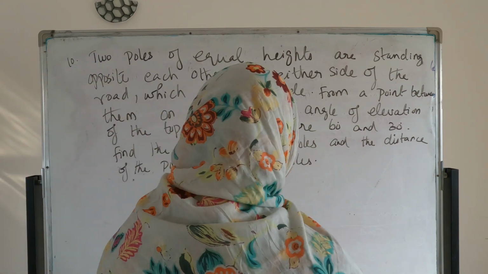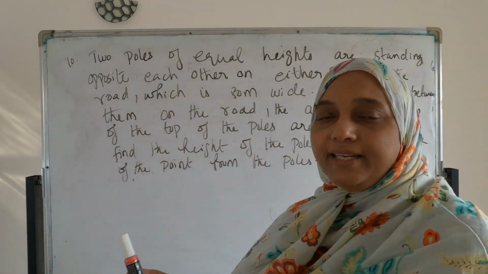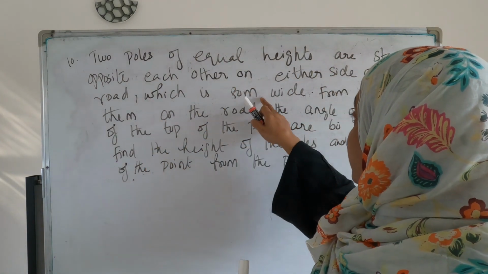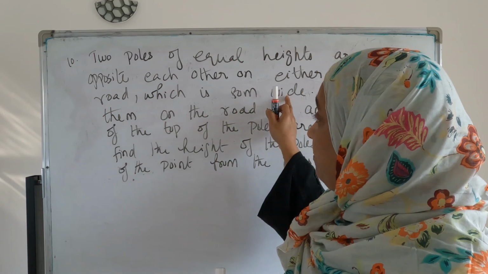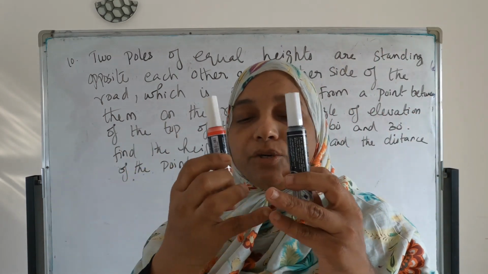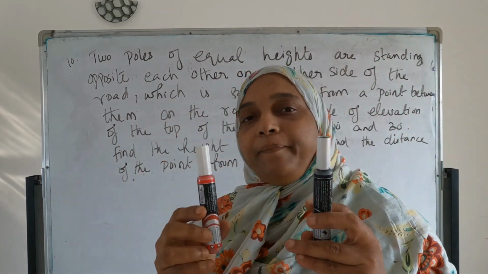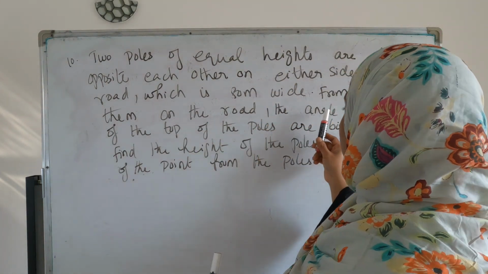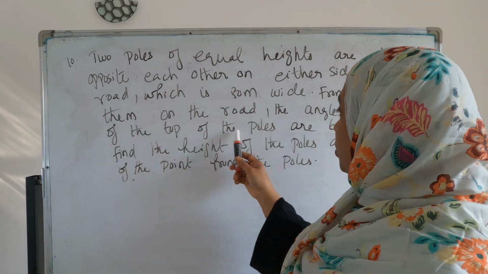Two poles are standing. How are they standing? On either side of the road, like this. And the road is 80 meter wide. That means the distance across this road is 80 meter. Okay. Then from a point between them on the road, the angle of elevation of the top of the poles